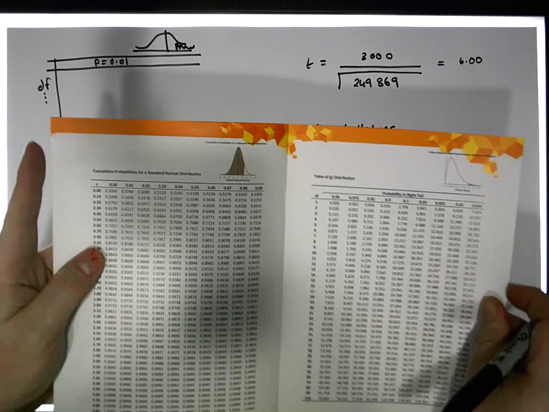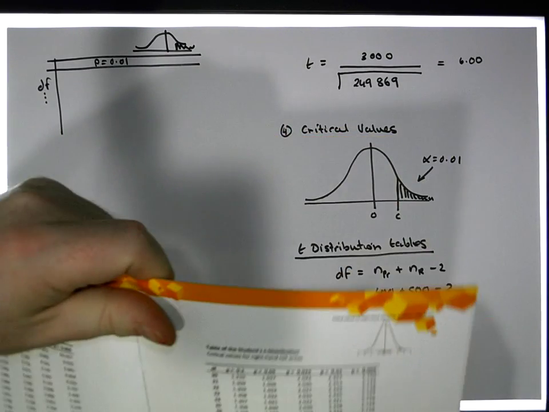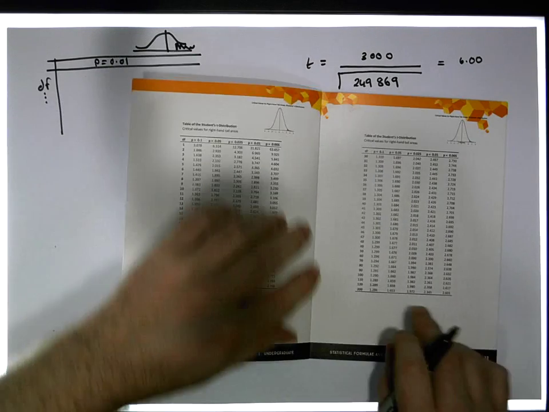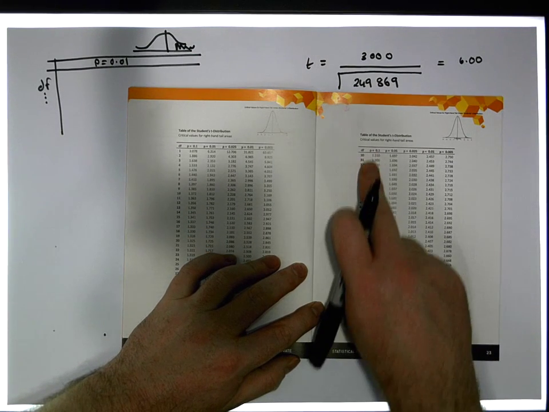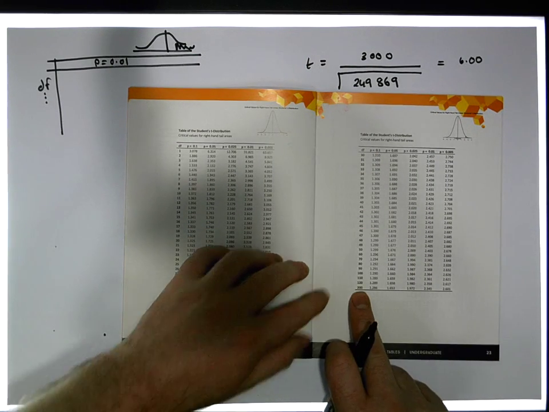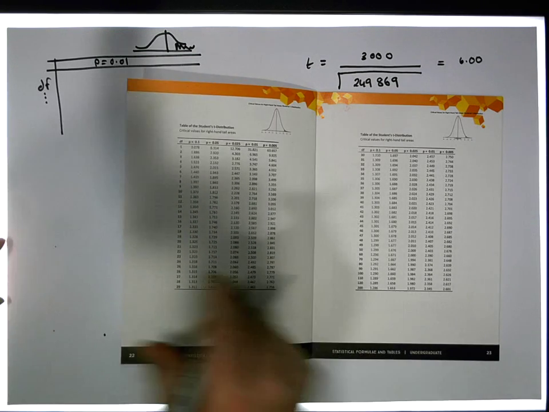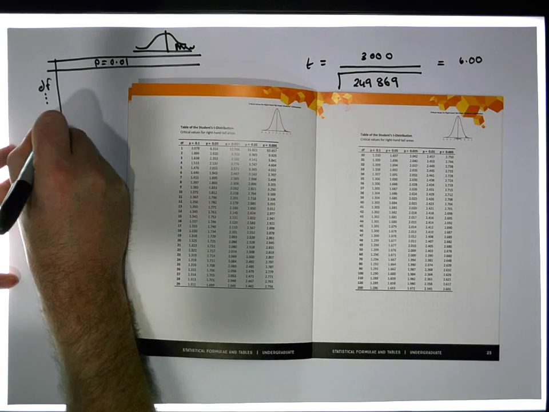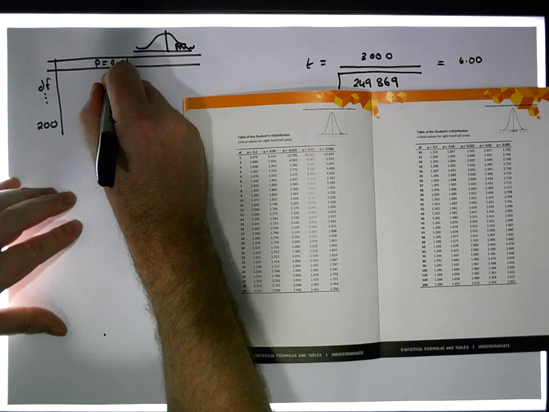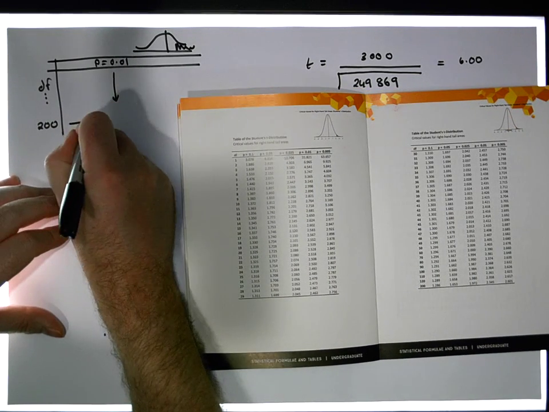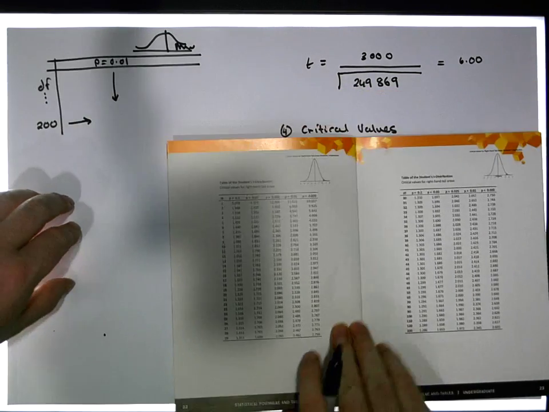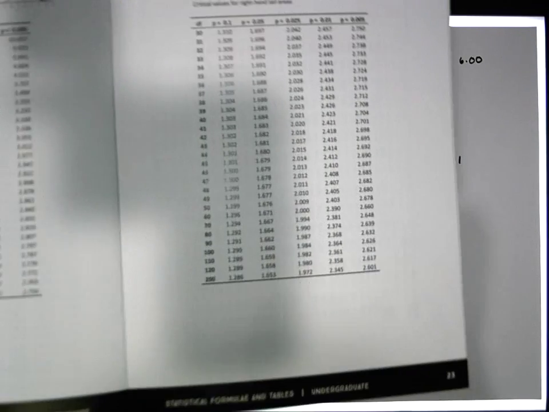Actually, you can probably see that the best we can do for degrees of freedom is 200. That's the best that we have here, so coming down to 200, underneath the column that is P of 0.01. Let me show you that up here a little bit closer. So 200 degrees of freedom is